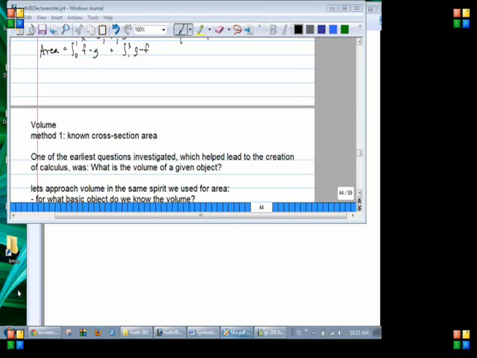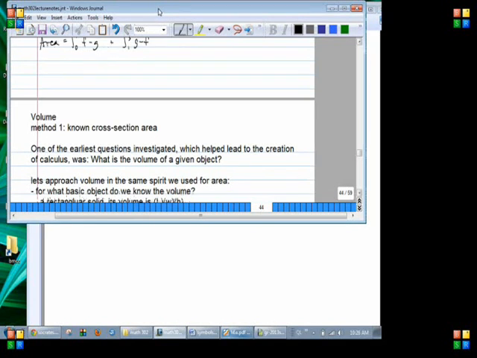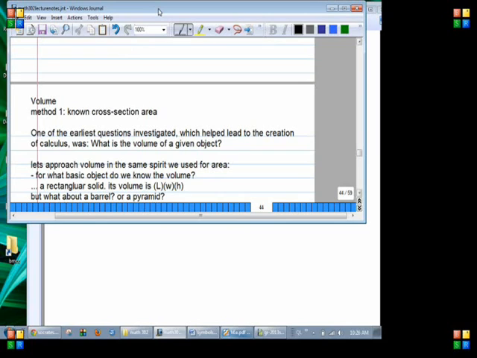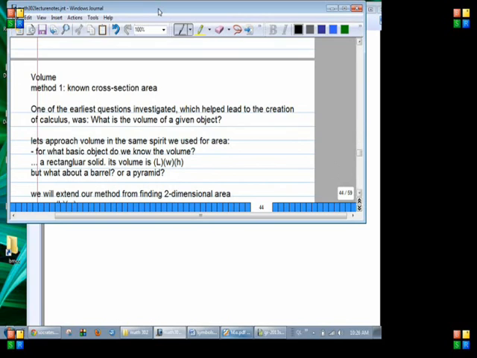Okay. Cube, or slightly more generally, a rectangular prism or rectangular block. And its volume is length times width times height. So naturally, we want to be able to figure out the volume of more complicated objects. What about a barrel? What about a pyramid? Things like this. So to talk about how we're going to extend our idea, let's go back to talking